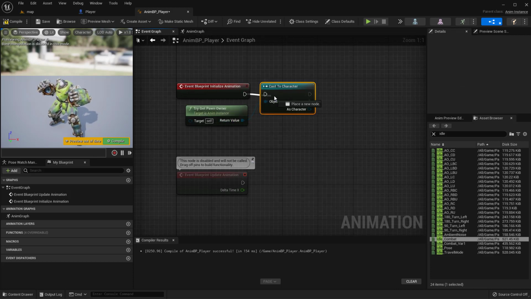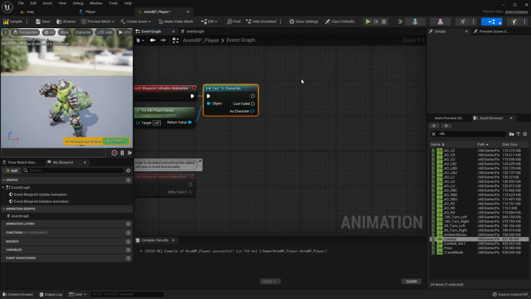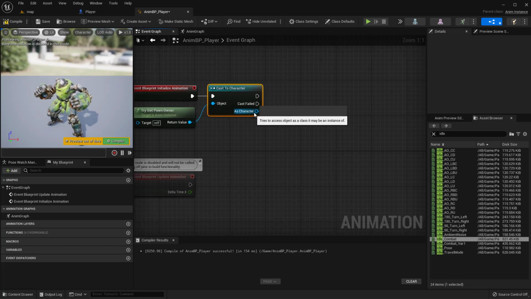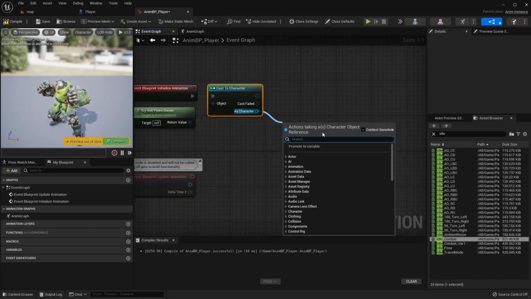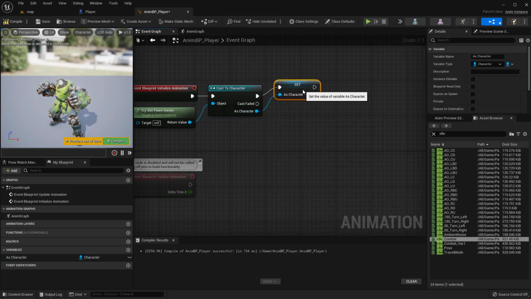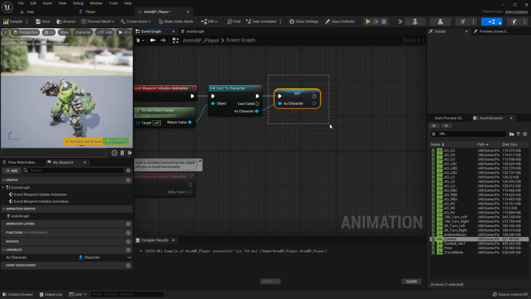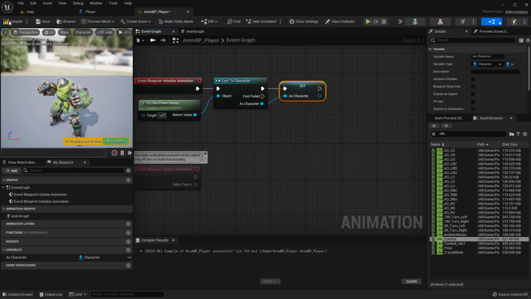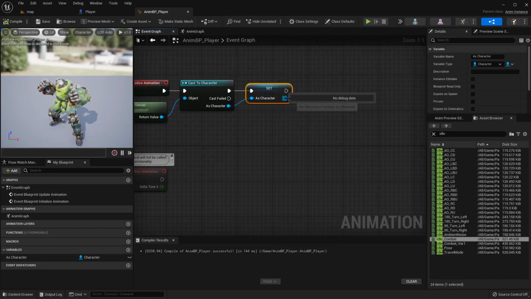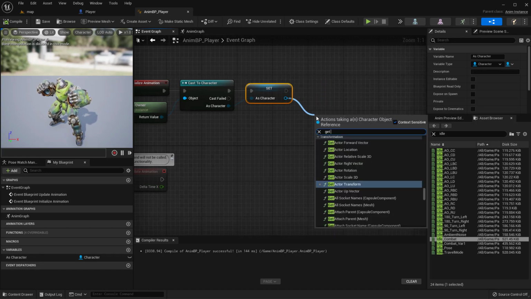Because that's actually the correct type there. We can drag out from the as character and then promote it to a variable, which means that we can always reference it now in the animation blueprint. It is now a member variable of the blueprint. Okay, and then we can also get the character movement